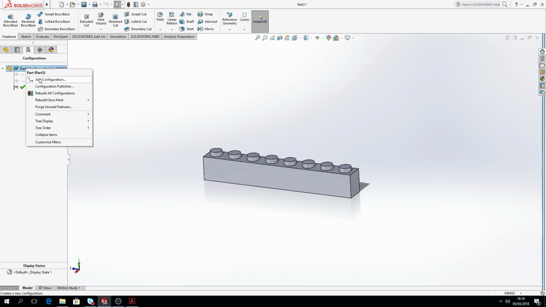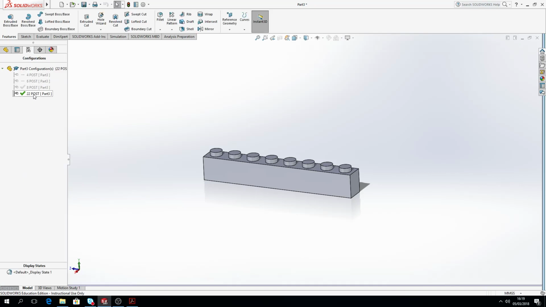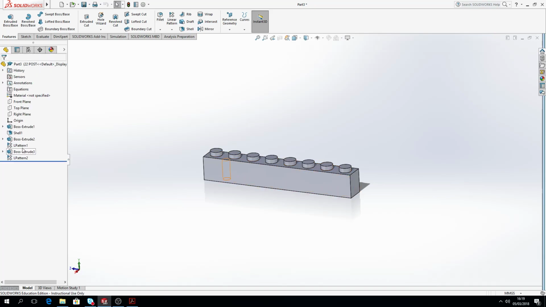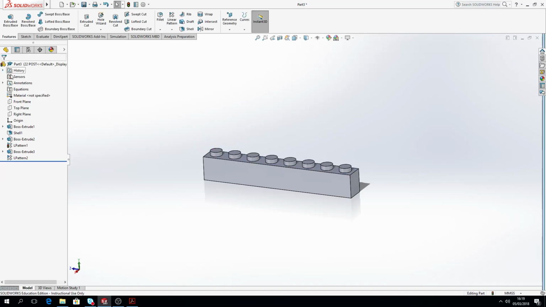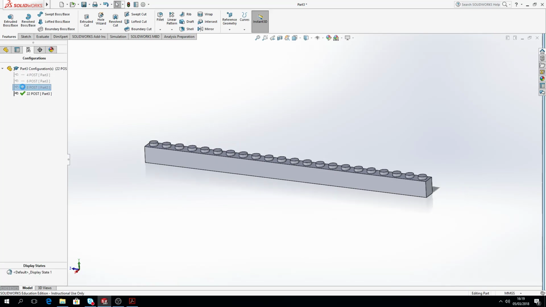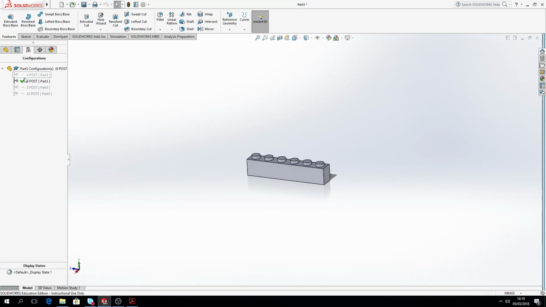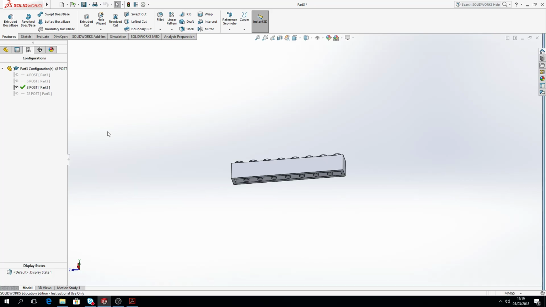And we'll do one more for good measure. We'll call this a 22 post. And then we'll go back in here, linear pattern 1, make it 22, make sure it's just for this specific configuration, click OK, and then rebuild everything to allow it to update. So you can see, really powerful way of using configurations to control it. And you'll see even with the 22, everything updates. And we'll count this one, 1, 2, 3, 4, 5, 6, 7, and we've got the correct length and everything